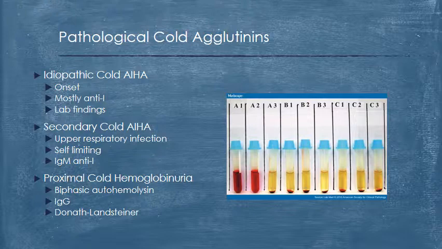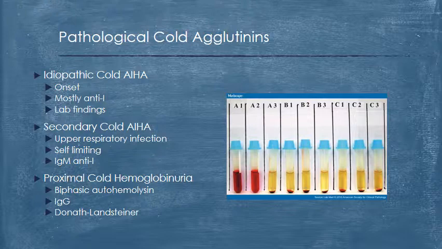For idiopathic, you can see the onset is generally around the age of 50, so a little bit older. It's mostly directed against an anti-I specificity, and for the idiopathic, where there's no known association, you can see that